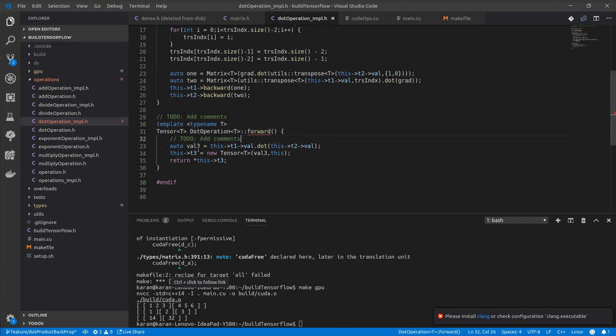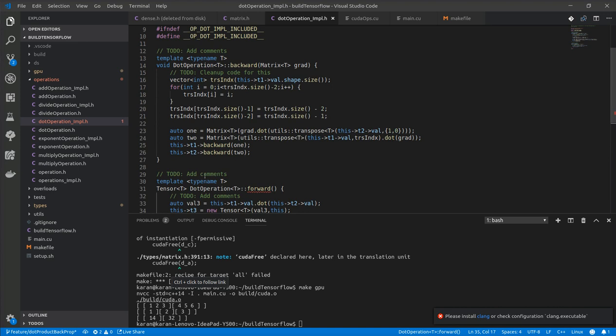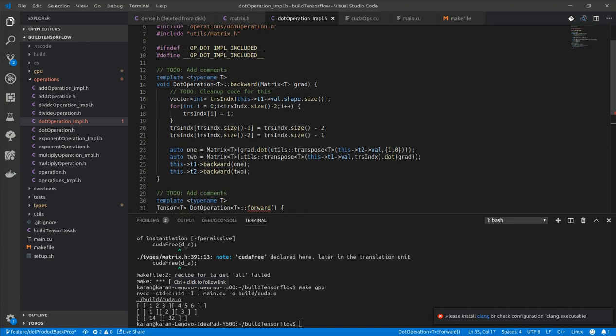The backward, as you can see, is this, but the forward is pretty straightforward. It just does a dot product, then initializes a new tensor and returns it. And then the backward is slightly complicated in the sense that